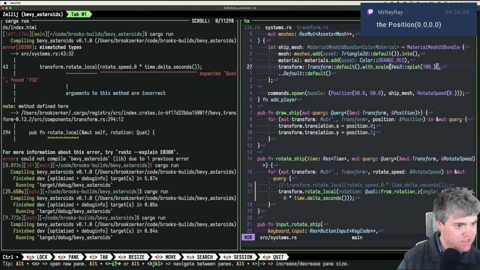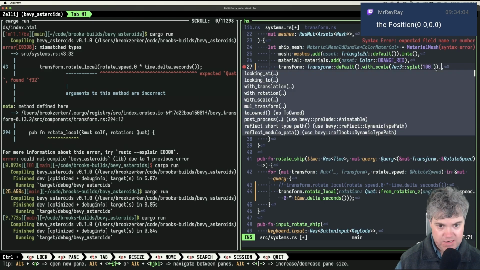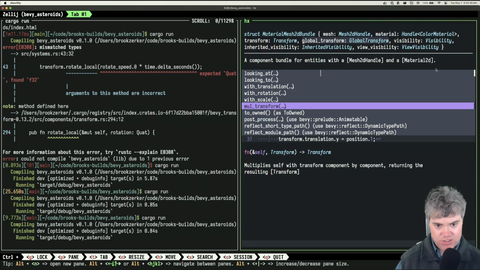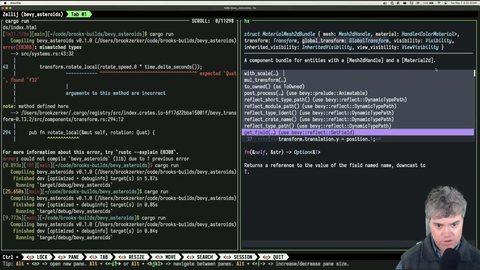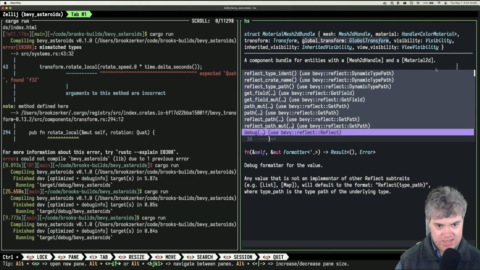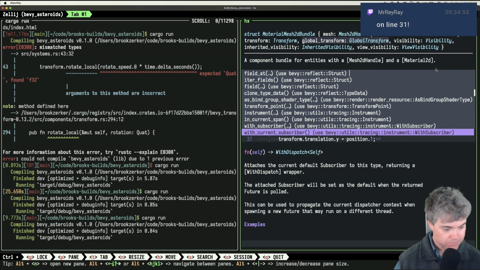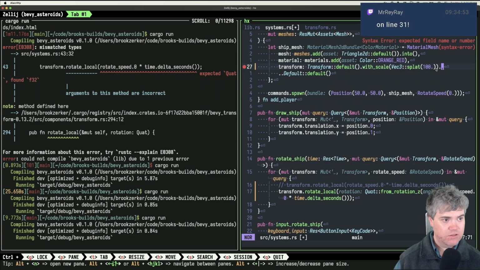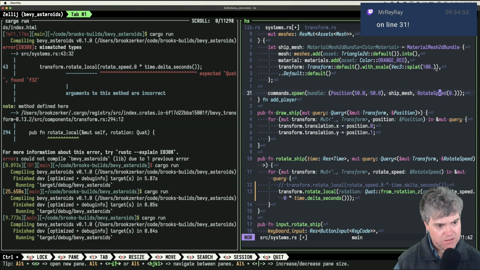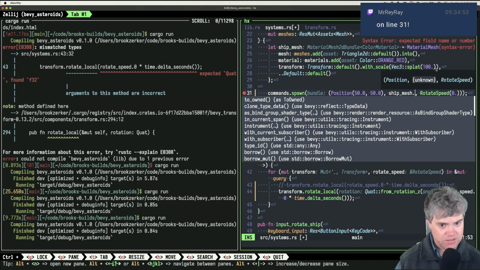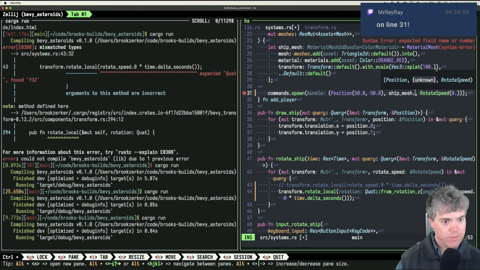Okay, hold on. So this is, oh, that's a vec. So right here. Now I have width rotate. Okay, width rotation with scale. We'll transform. I don't see anything about a position here. Yeah. On line. Oh, wait. Why would it be here? So ship mesh. Or you want me to set the original position to 0, 0, 0, 0.